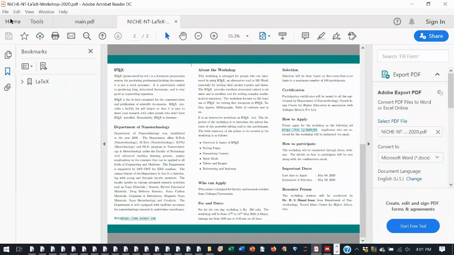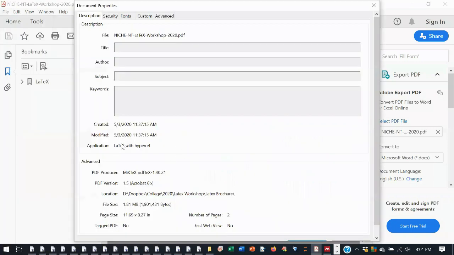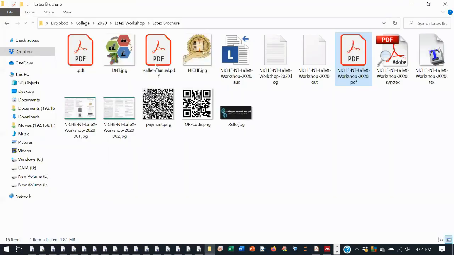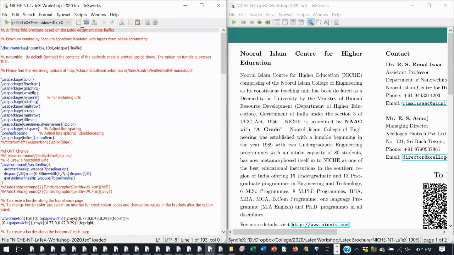This is created using LaTeX with the hyperref package. I used this template, a three-fold brochure based on a document class.